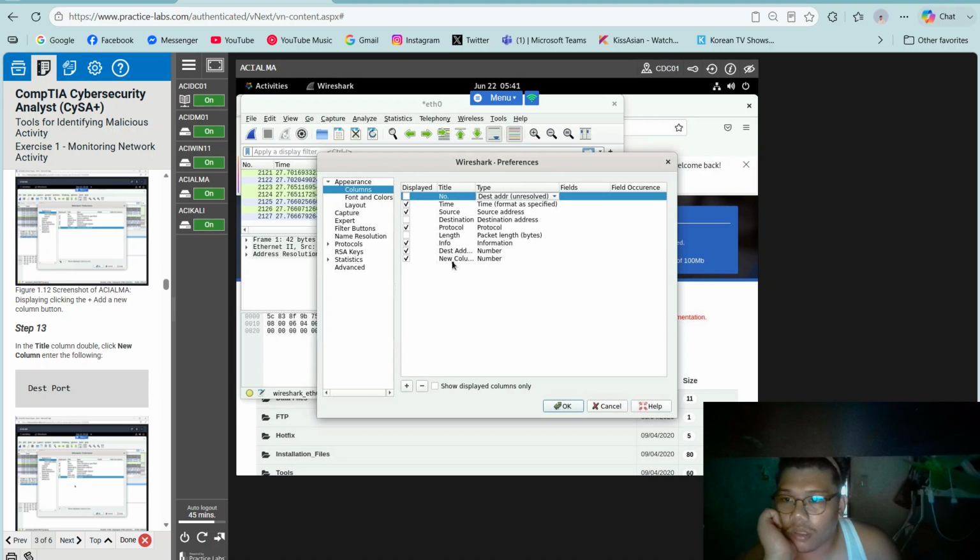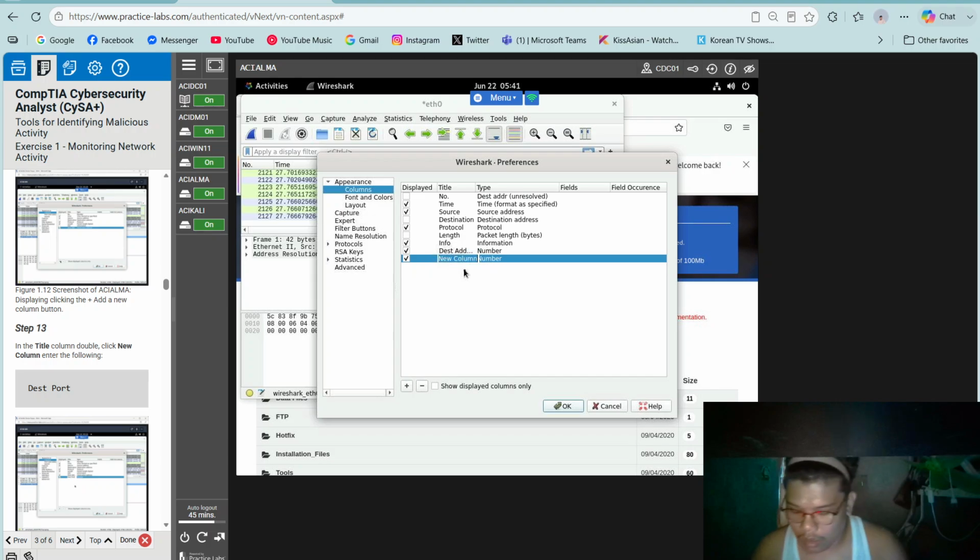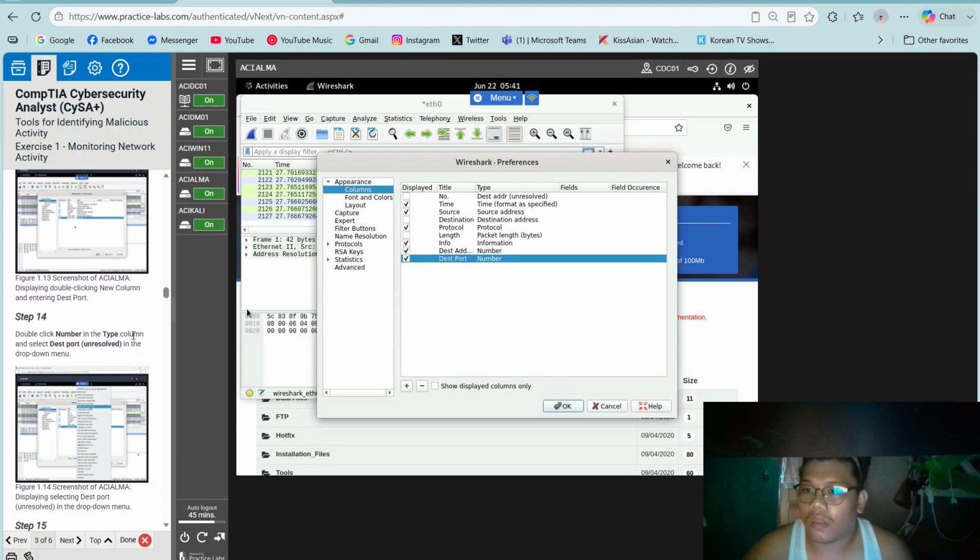Then double-click New Column, then type Dest port. Then click the number in the Type column.